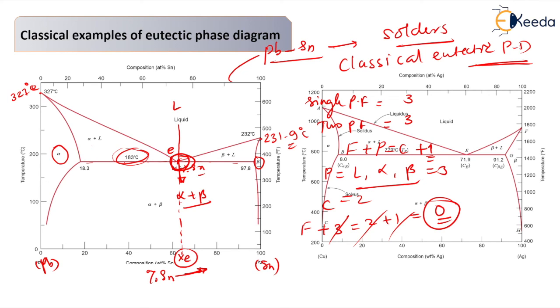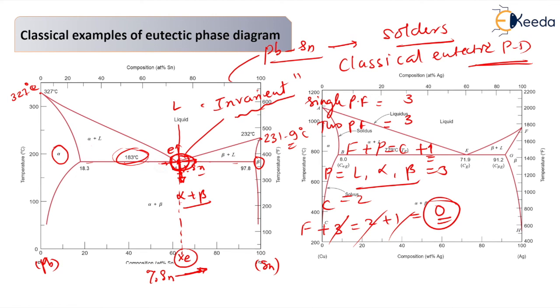0. So dear students, what is meant by the degree of freedom 0 in the phase diagram? That point E is called the invariant point. Invariant means you cannot vary that point. As soon as you go just below that point, you will be out of that composition. If you go to the left, to the right, above or below that point, you will be thrown out of that composition immediately. You are no more at that point. If you go above, you will be liquid, and if you go below, you will have the two solid phases.